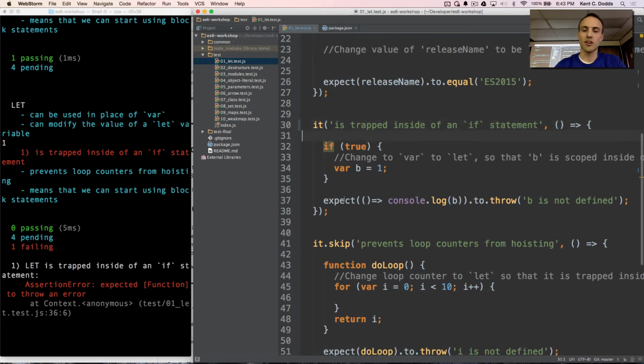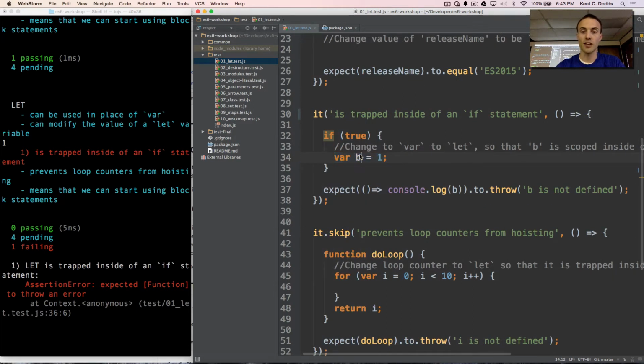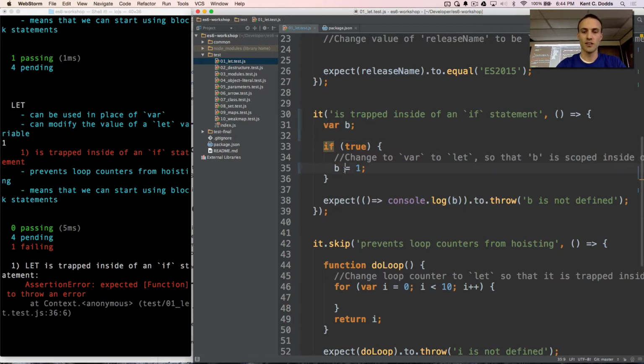So what's happening in this code is we're saying if true, so we have a block here, then we're going to say var b equals 1. What we want to have happen is for b to be scoped to the block of this if statement. But the way that JavaScript works is it goes through your code twice. First it goes through to take care of the variable declarations, and then it goes through again to make the assignments. So the implementations right now are going to rewrite your code sort of like this. I'll put the var up here, and then the b equals 1 right there. That's the equivalent. That's the way the browser sees your code.